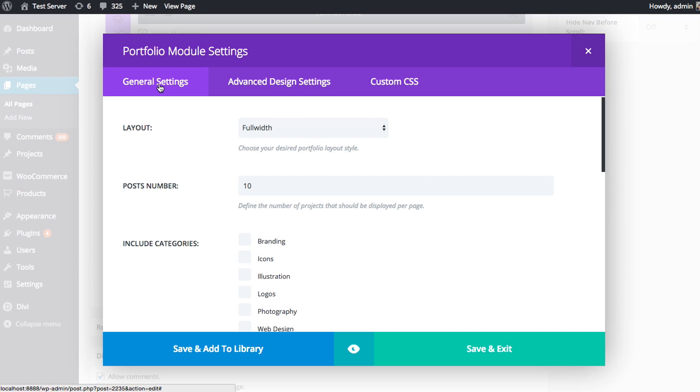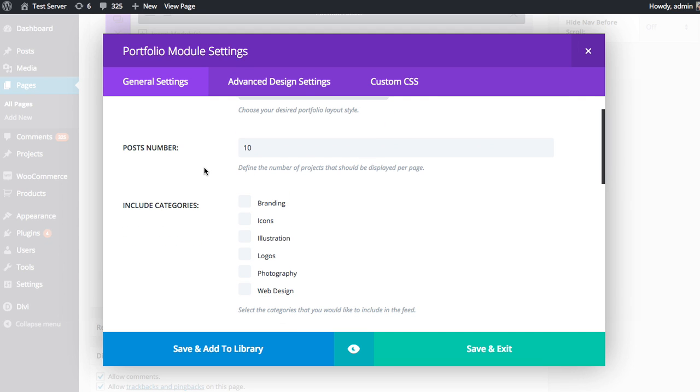So going back to the General Settings tab, the first setting is the layout. And you have 2 options, full width and grid. Full width will display your items the entire width of the column, whereas grid will break it down into different column sizes. For example, in a 1-column row, you're going to get a grid of 5 images. So if I switch to grid, which will look nice,